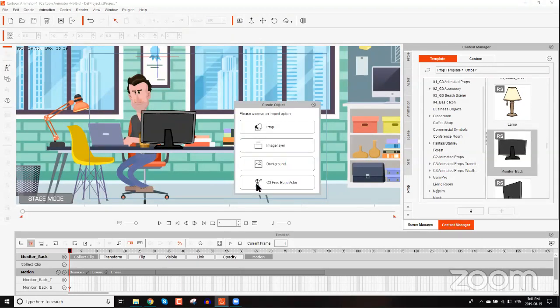Now you have a few options here. I'm going to show you the different options in just a moment when we talk about importing that 3D freeform actor. But we have the option to import it as a prop, an image layer, or a background. In general, you don't want to worry about background for these types of things. Think of an image layer as a sticker that's stuck to your camera screen. If you're having a first person perspective of a fighter pilot, for example, you want to have all those green